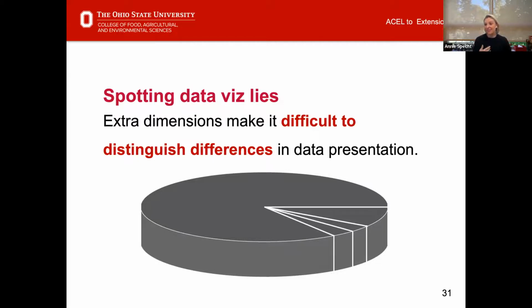So especially in things like pie charts, when you set it at this kind of weird 3/4 angle, it becomes really, really difficult, especially when you have small differences in numbers, to actually determine visually what those differences look like. So if you're going to use a bar chart, if you're going to use a pie chart, by all means, just keep it flat. Don't add another dimension, because it's going to make it harder for your viewer to interpret.